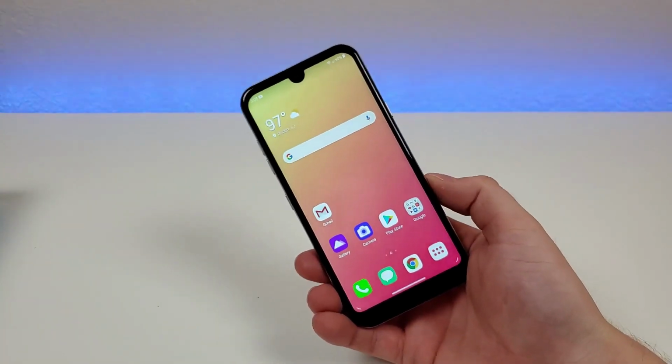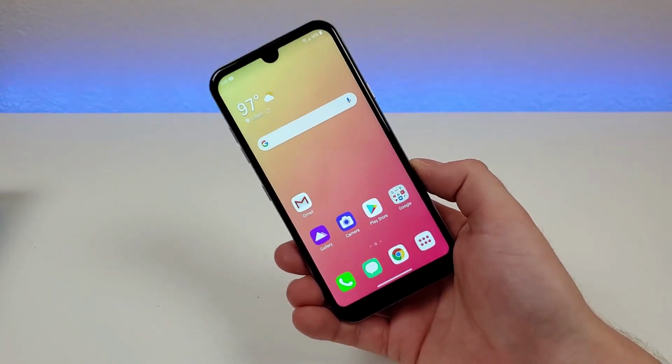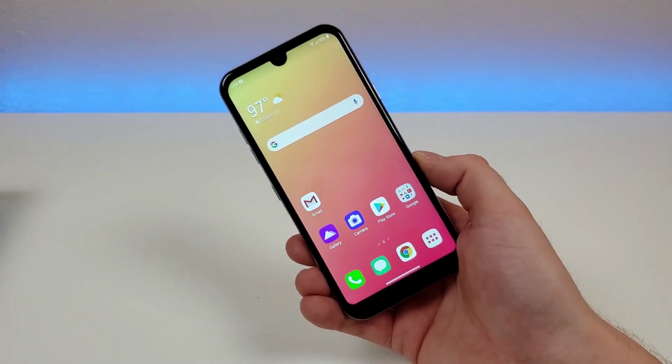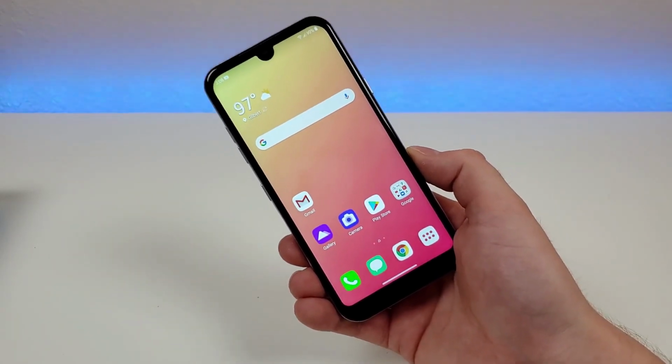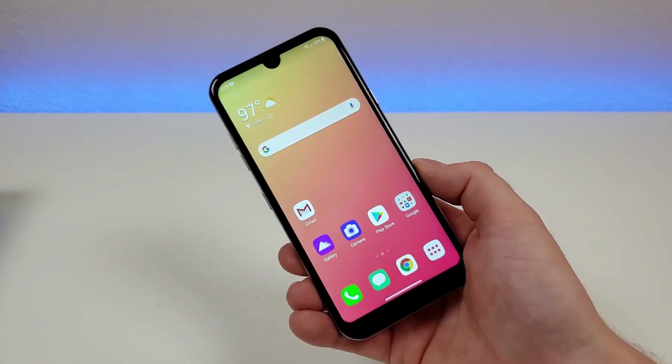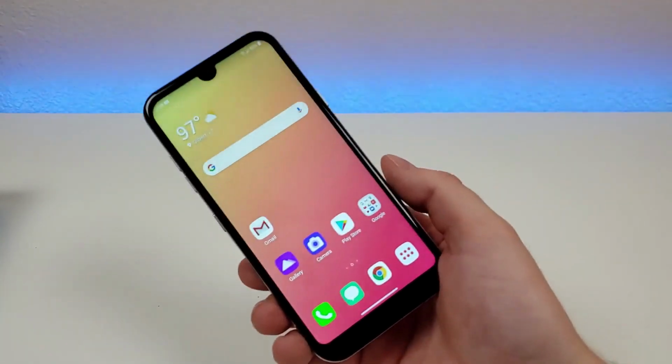So in conclusion, is the LG Phoenix 5 worth buying? I think it's definitely a good option if you are on a limited budget. Considering that it is just $50, there's not too much that you're risking here by going with this phone. I mean, of course you don't want to waste money, but at the same time, if you're looking for maybe